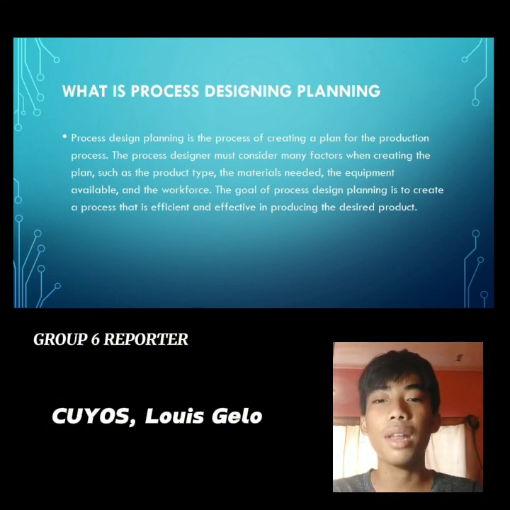So, process design planning is the process of creating a plan for the production process. The process designer must consider many factors when creating the plan, such as the product type, the materials needed, the equipment available, and the workforce. The goal of process design planning is to create a process that is efficient and effective in producing the desired